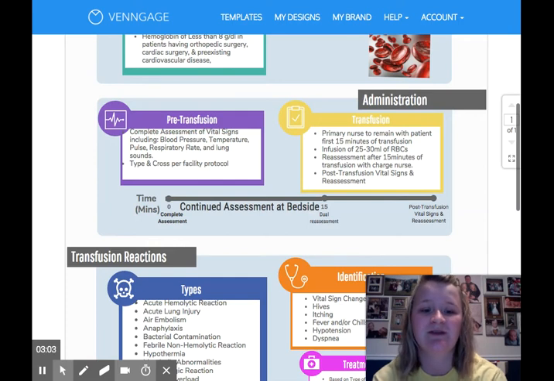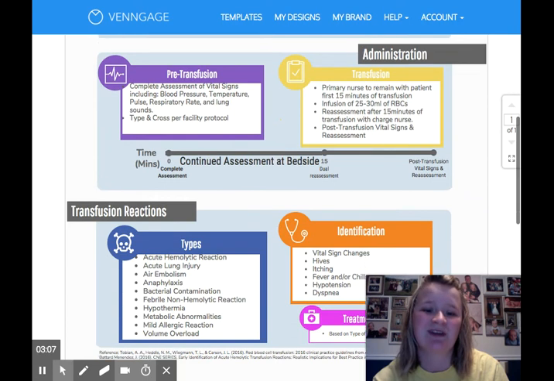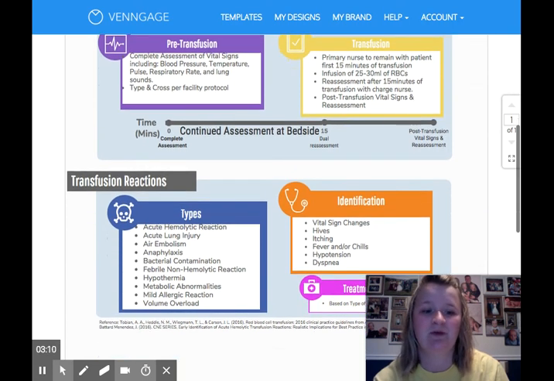There are many different transfusion reactions that could happen to your patient, but generally, you're looking for changes in your patient, including vital sign changes, hives, itching, fever, and/or chills, hypotension, and dyspnea. Patients may present differently based on reaction they are having, and treatment is also tailored to the type of the